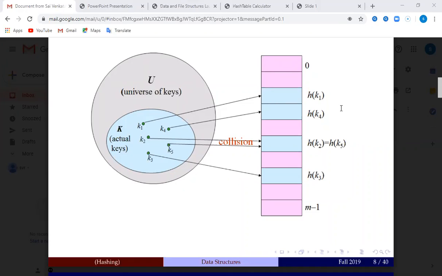But according to our rule, we cannot store two keys at one location. We have to store only one key at one location at a time. So there exists a collision, and we have to overcome these collisions.